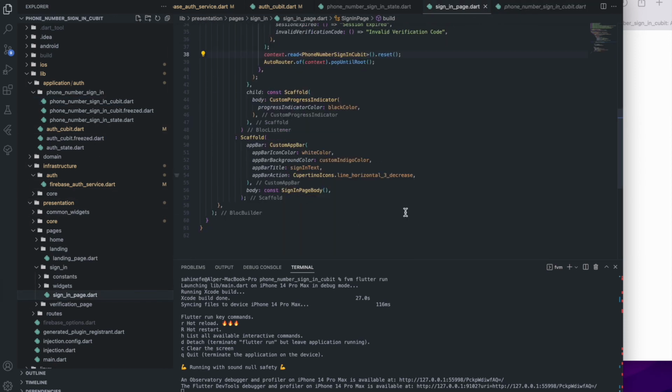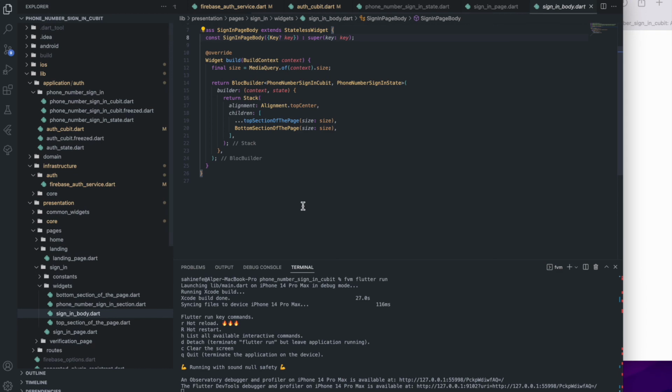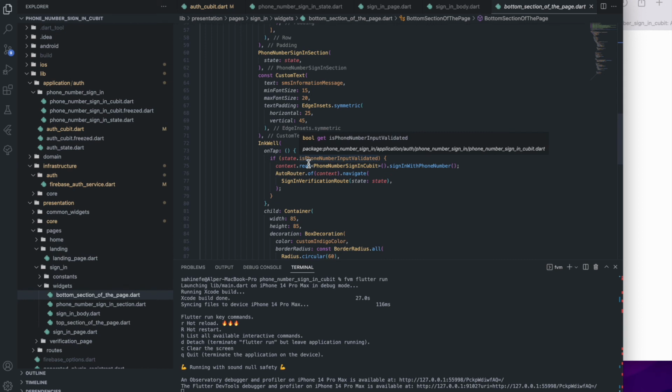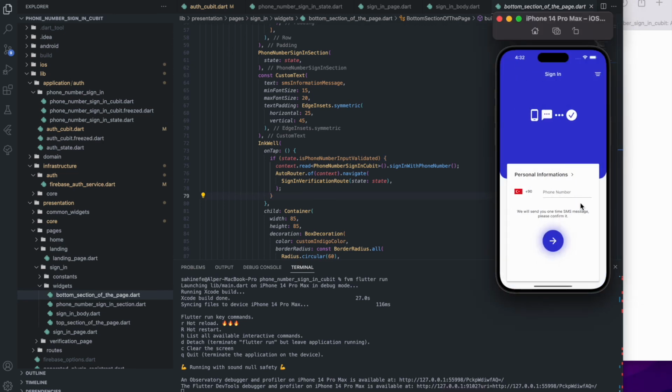And apart from that, as you know, we have sign-in page body and bottom section. And if we click the next button, then we need to go to the verify section, confirmation page. But if the number input is validated, of course, so we need to set this condition here. So for example, if I do like such things, and if I try to click the next button, then I can't go. Okay, so anyway,